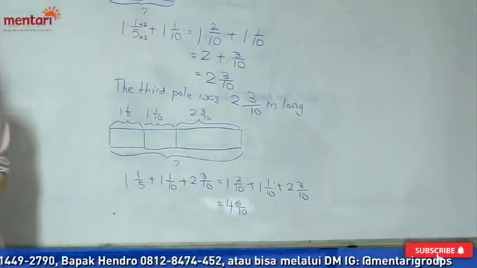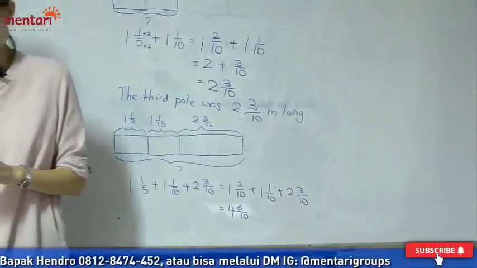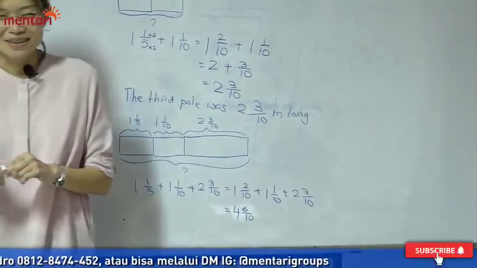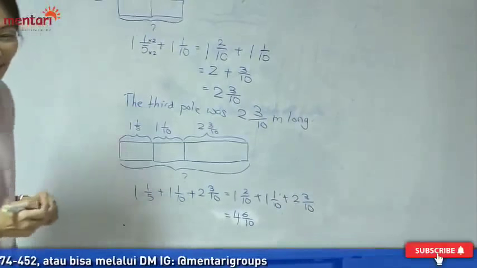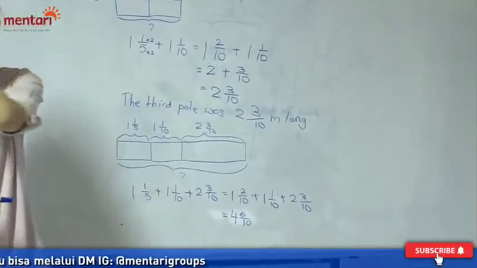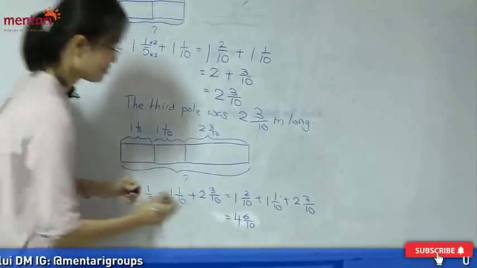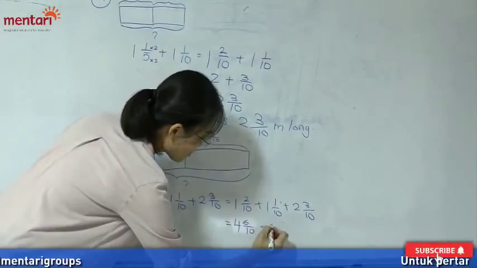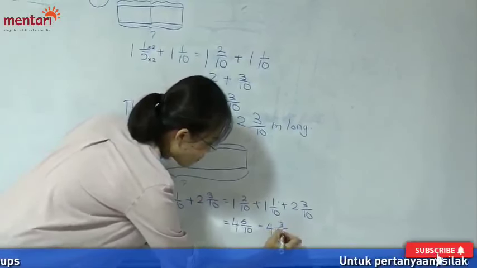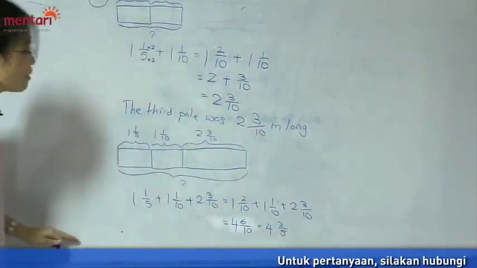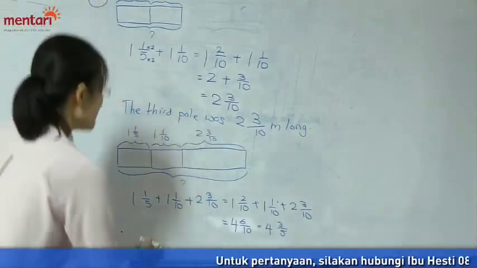Is this the simplest form? No, not yet. Okay, what is the simplest form of 4 and 6/10? Right, it is 4 and 3/5. All right, so the total, the original pole,